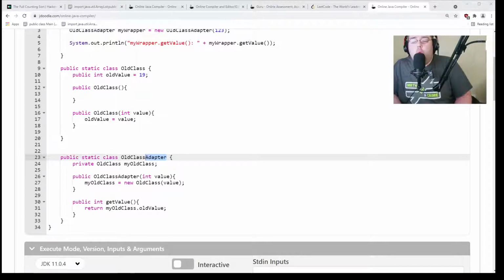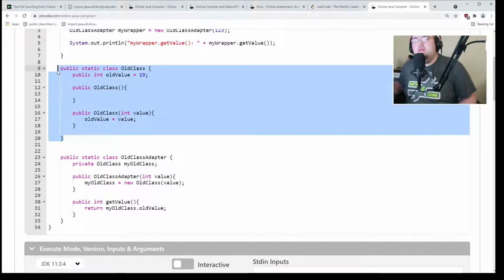Because understanding why the patterns exist, like adapter: oh, I'm not always going to be able to edit the source code of the classes I'm using, and maybe I want to write convenience methods for this class. Like,